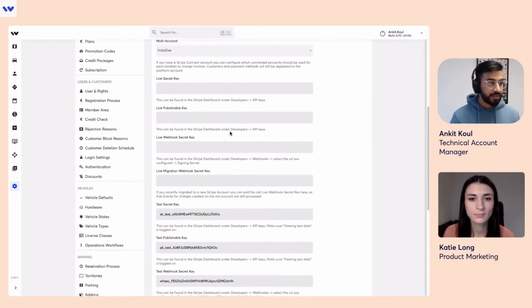That's why. So these keys are something that they get from these payment gateways, for example, Stripe. And once they set up their account, they have access to these keys, and they just need to publish those keys here. And then our system kind of marries into the system of the payment gateway.